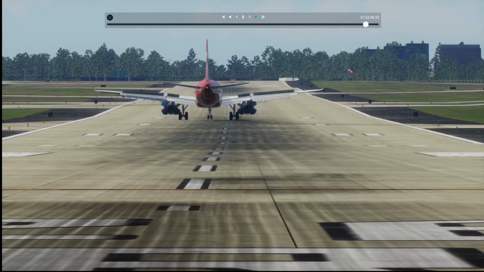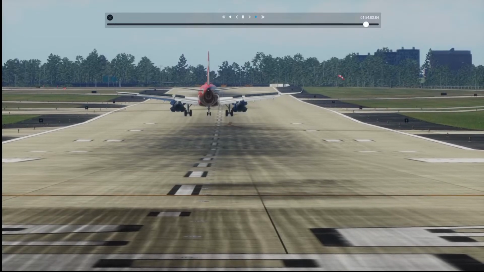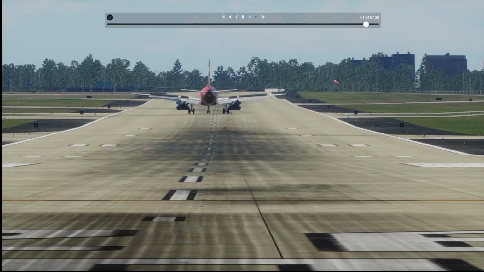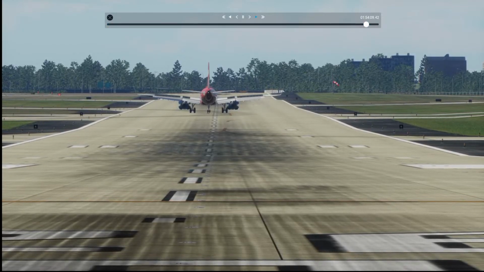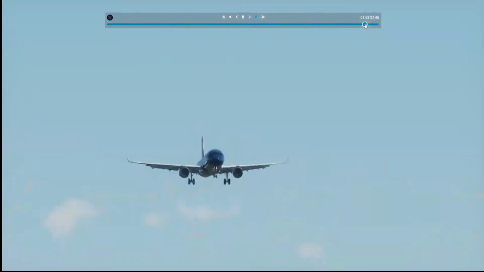Like that. I like that. Yeah, that's another shot right there. Let me do a better one. Let me do a better one. Let me see.